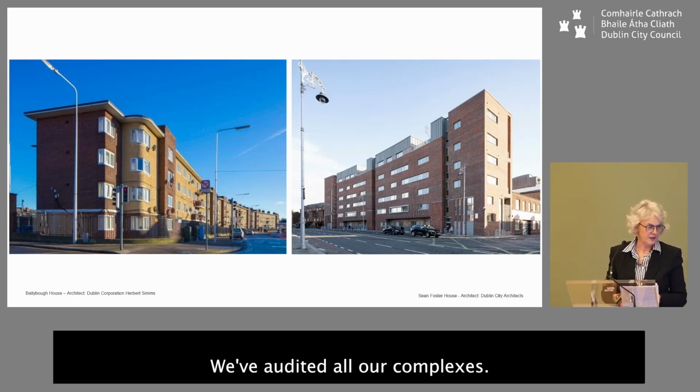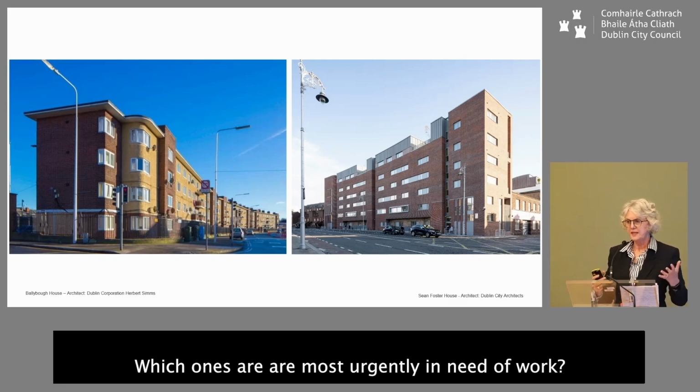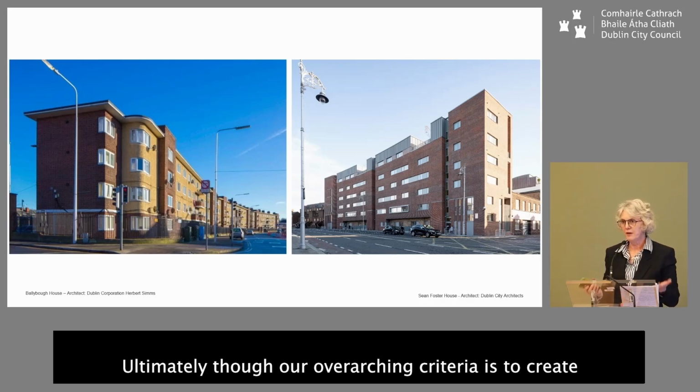We've audited all our complexes. We've prioritised what should or shouldn't be done, which ones are most urgently in need of work. We've taken decisions about some that should be demolished and some that can be retrofitted. Ultimately, though, our overarching criteria is to create